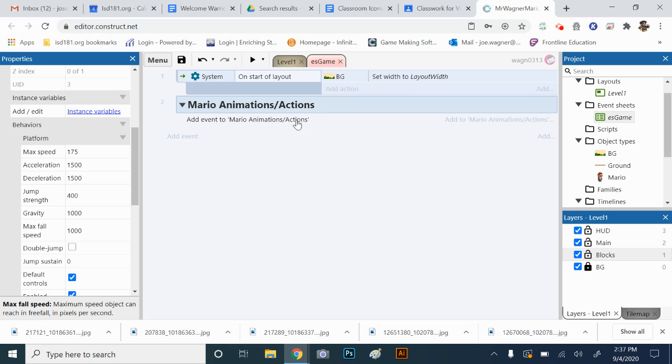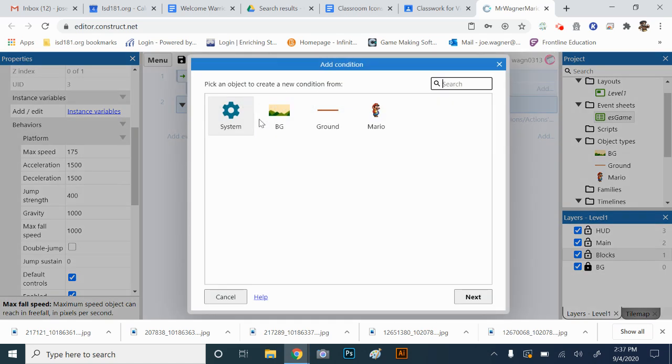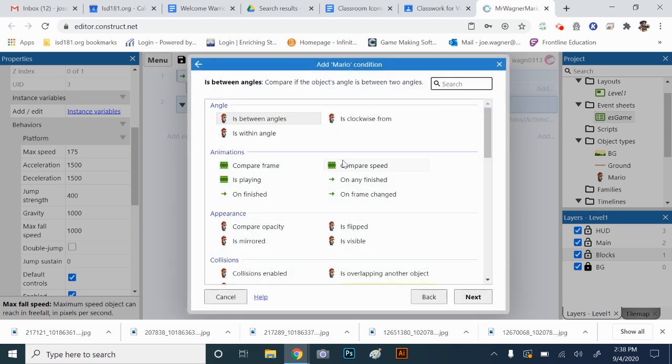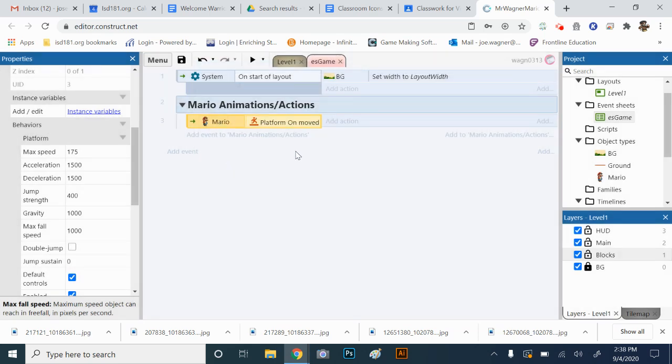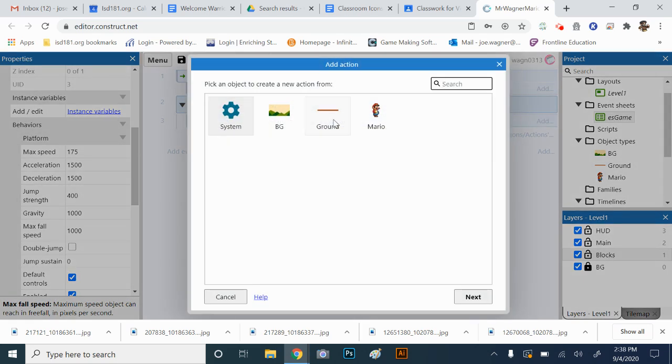Okay. So we are going to do the Mario animations. So we're going to click here. We are going to do Mario and we are going to do on moved right here. And remember, you can just type in stuff and you'll find it. So Mario on moved, and then the action is going to be set animation to walk. So we do Mario